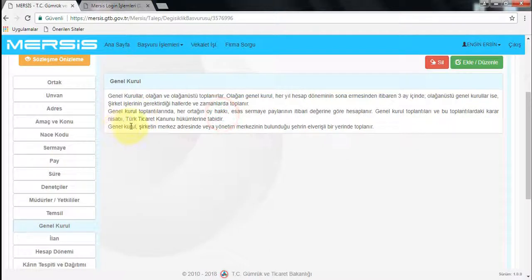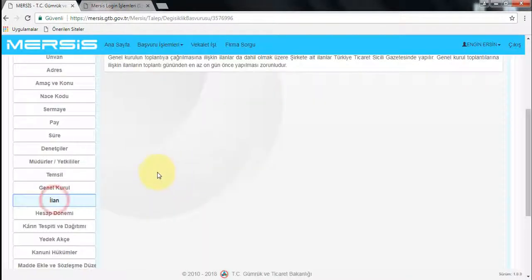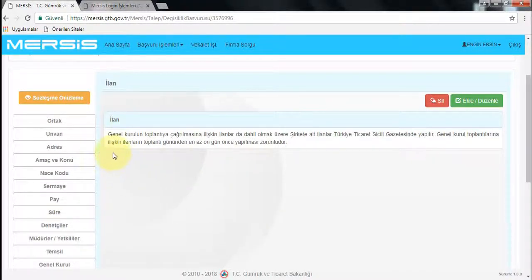We are moving to the next phase, the announcement phase. Standard and default texts are written here. The minimum statements, prepared in accordance with the provisions of the commercial law. These are for a limited liability company. We think that is